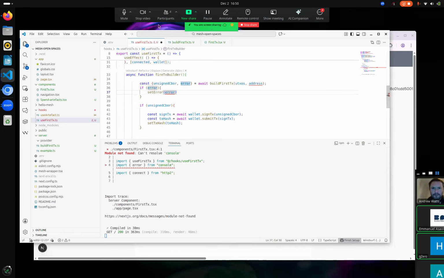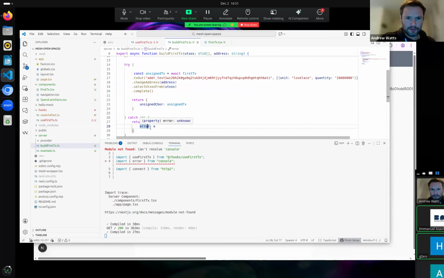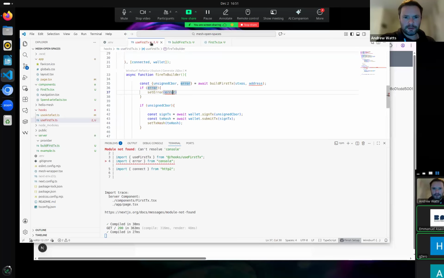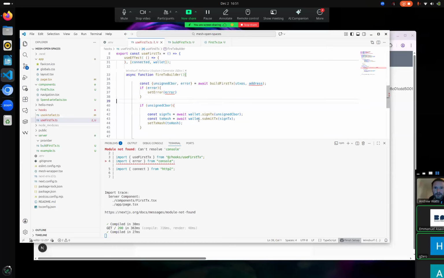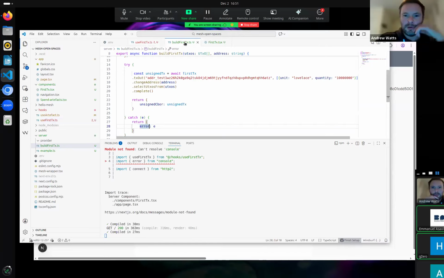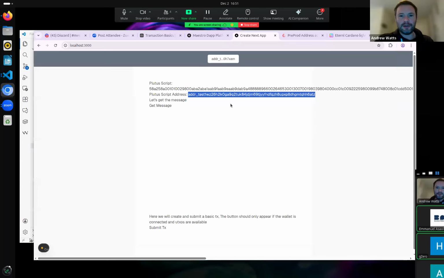Assignable to type. Sorry, no, I've just got that as E. I'm returning that. I'll tell you what. I'm returning error, so that should actually work. But maybe I shouldn't be returning it as error. State action, I tell you what, string. I think that'll actually work as just a type error for the minute. Let's take that out again, and we'll run it again. Just see what happens now,